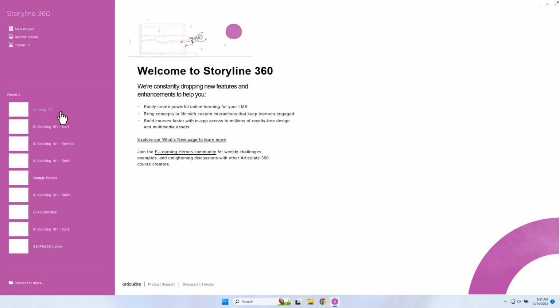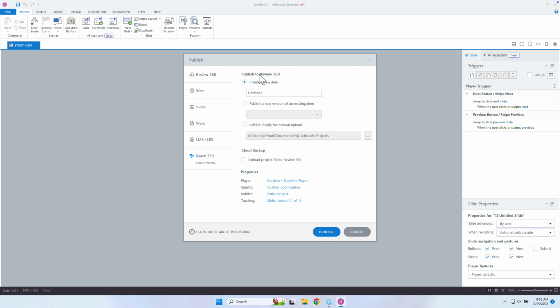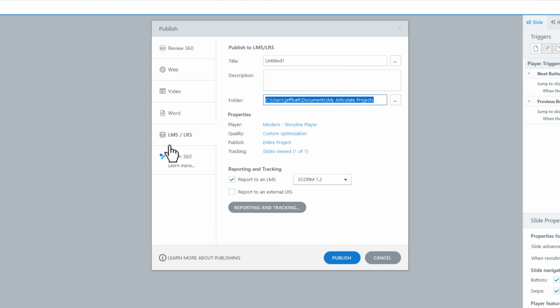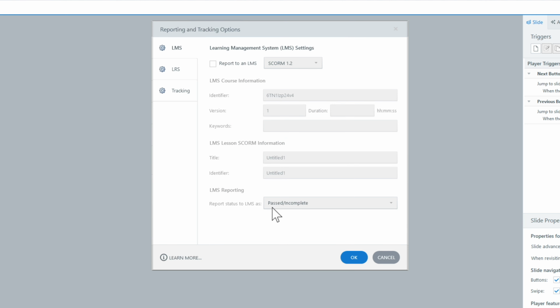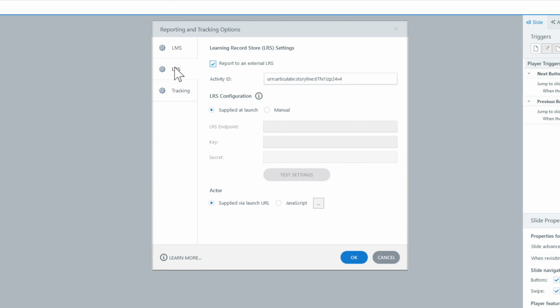If you come into Storyline, I'm going to go into Cooking 101 here. So inside of Storyline, when you come into publish, what you would do is come down to the LMS/LRS. Now we're not going to be publishing to an LMS, so I'm going to uncheck that. And we're going to report to an external learning record store. But if I come into reporting and tracking here, we need to set up what that learning record store is. So I don't need to do anything inside of the LMS section, but we're going to come into the LRS